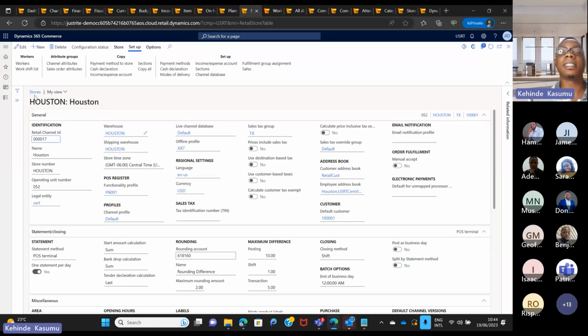And when the network is restored, the system automatically transfers all the transactions that have been stored locally in the local database up to the central database, which is online. So that functionality exists within the Dynamics 365 modern point of sale application, which I will talk about in a minute.